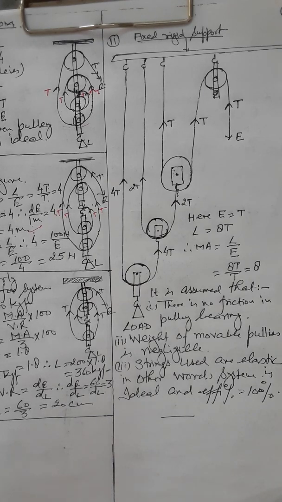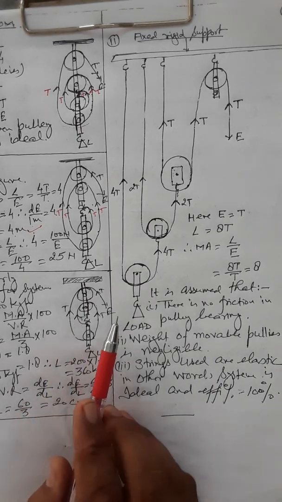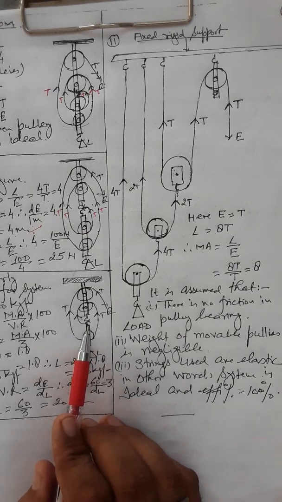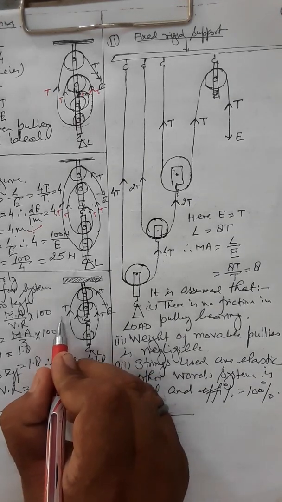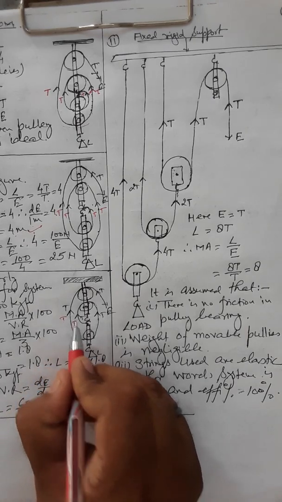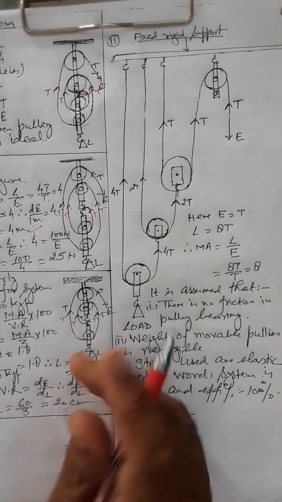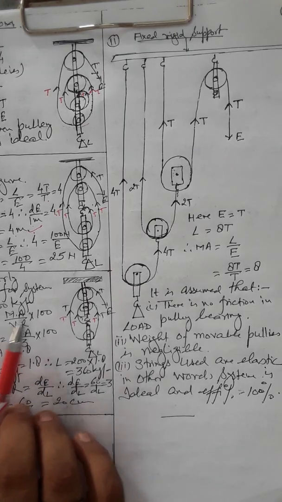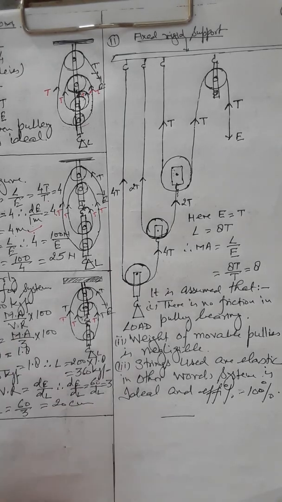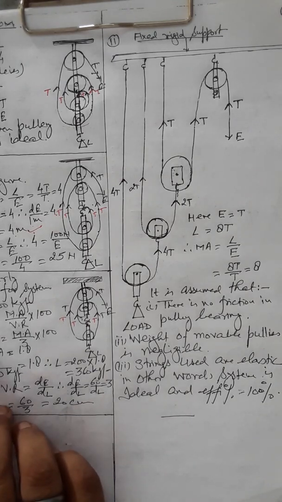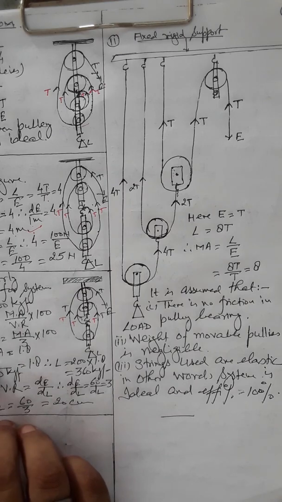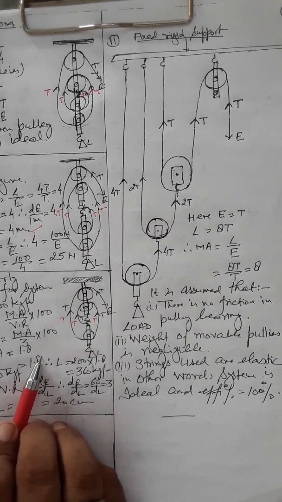In this 10th question, first we draw the 3 pulley system. In a 3 pulley system, the last end of the string, I told you, should be attached to the lower block. First tension, second tension, and the third tension, 3T. So velocity ratio is 3. Effort is 200 kgf. Efficiency is MA upon VR into 100. Efficiency is 60%, mechanical advantage to calculate. Velocity ratio is 3, so mechanical advantage comes 1.8.